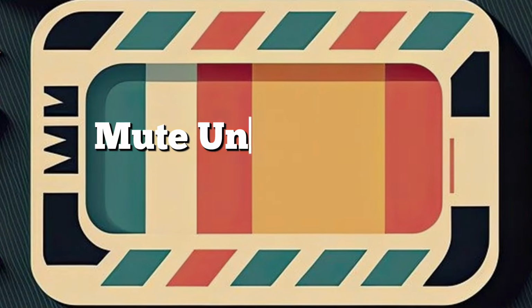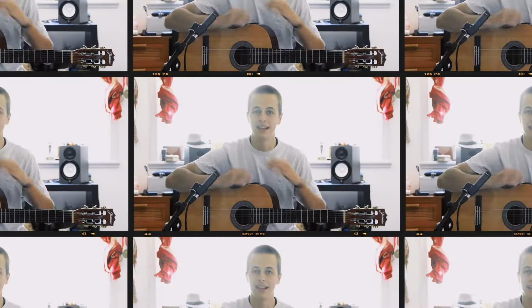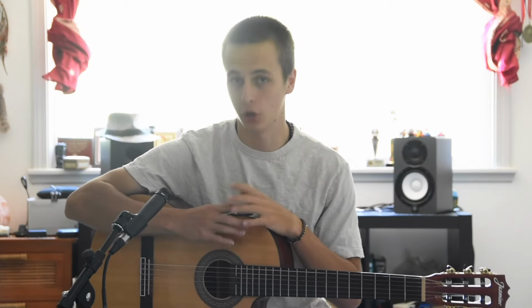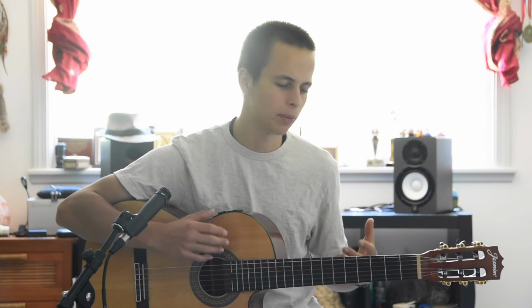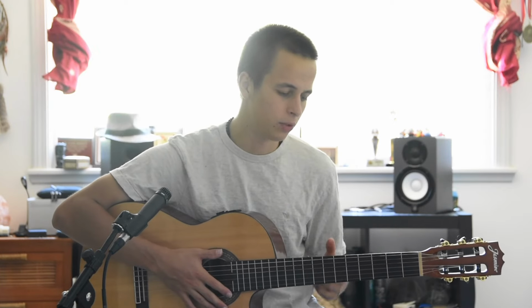Tip number 2, mute strings that don't add to the sound. Now this is one of the best tips on the list, and for good reason. It's going to stay with you for your entire guitar journey from absolute beginner to even advanced and pro level. Now when I say mute the strings that don't add to the sound, this can mean a lot of different things. And that's exactly the point. This tip is super versatile in cleaning up your playing in a whole plethora of areas, from just basic chord